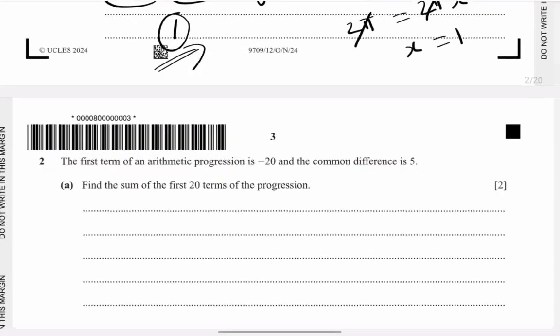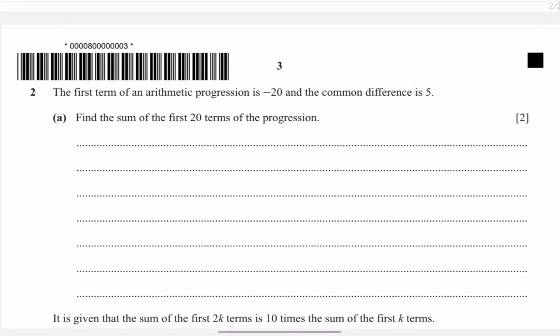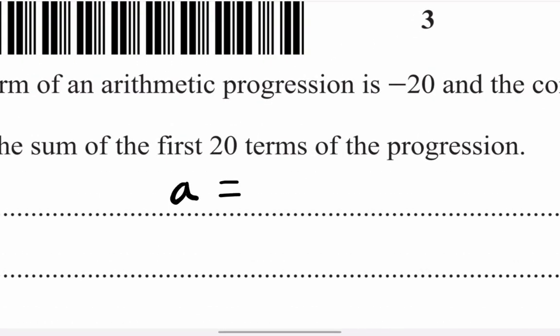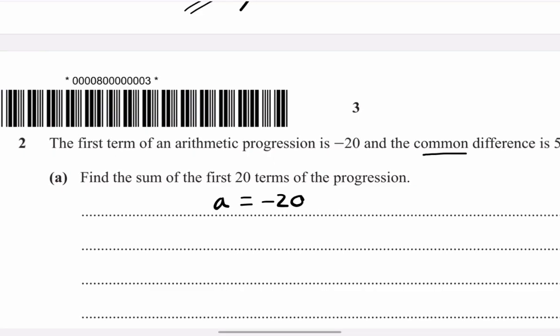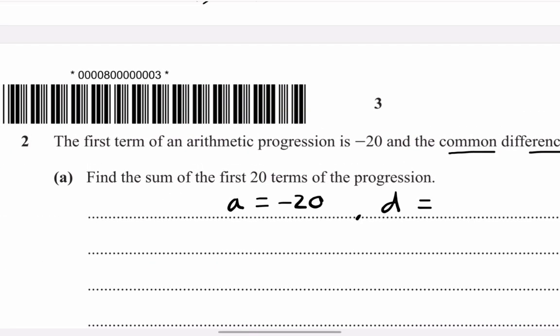Therefore, we write only one solution for the second part of that. And for the second question, it says the first term of an arithmetic progression is minus 20, meaning our a is equal to minus 20, and the common difference is 5. Our d is equal to 5. Then part A says find the sum of the first 20 terms